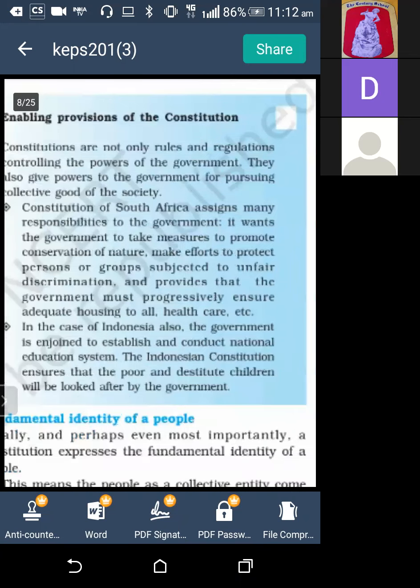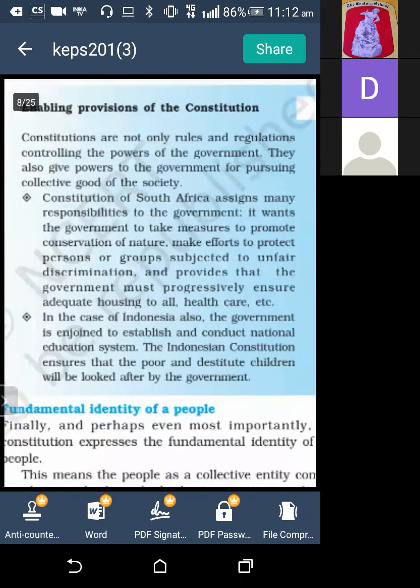It's a government duty to provide, South African government duty to provide every healthcare facility to the people of South Africa. And it provides that the government must progressively ensure adequate housing. सबको घर मिले. It's your fundamental right to ask the basic needs from the government if you are a citizen